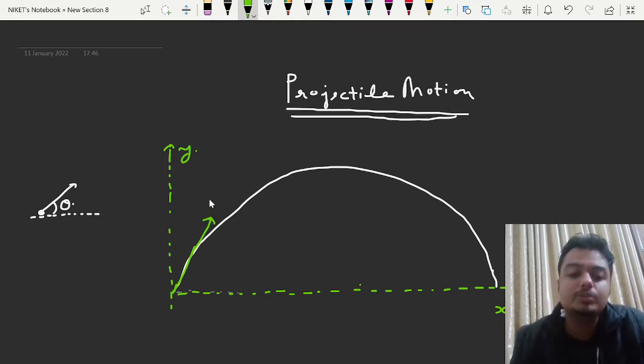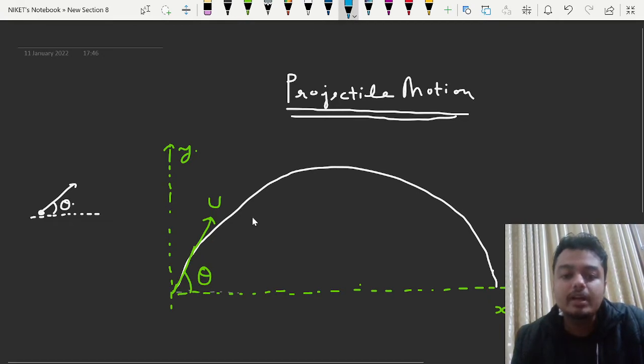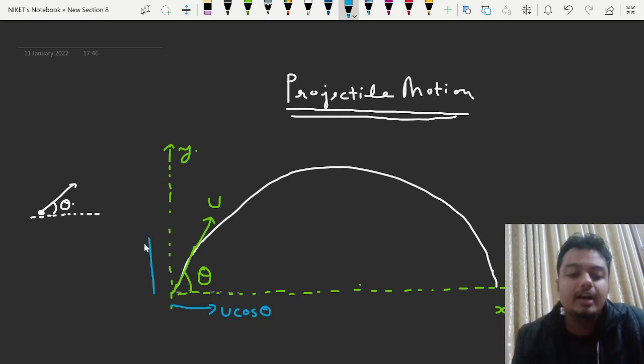Let's say the projectile was projected with an initial speed u, and the angle with the horizontal was, let's say, theta. So what I can do here, I can take the components of this velocity vector in two directions. U cos theta, clearly we can see. I hope you all have studied vectors, and this will be u sin theta. Now, wherever this projectile goes, for example, it comes to this location, this location, this location, or it is here, or it is finally striking the ground.